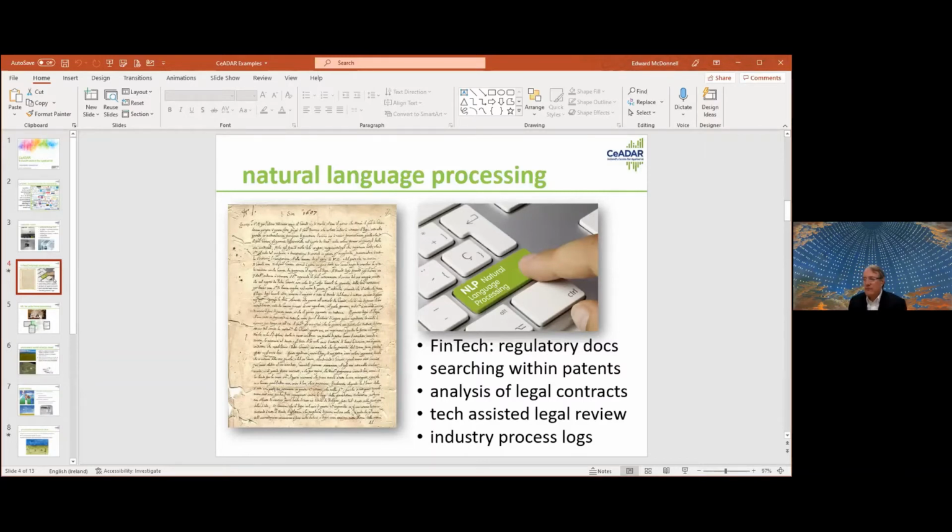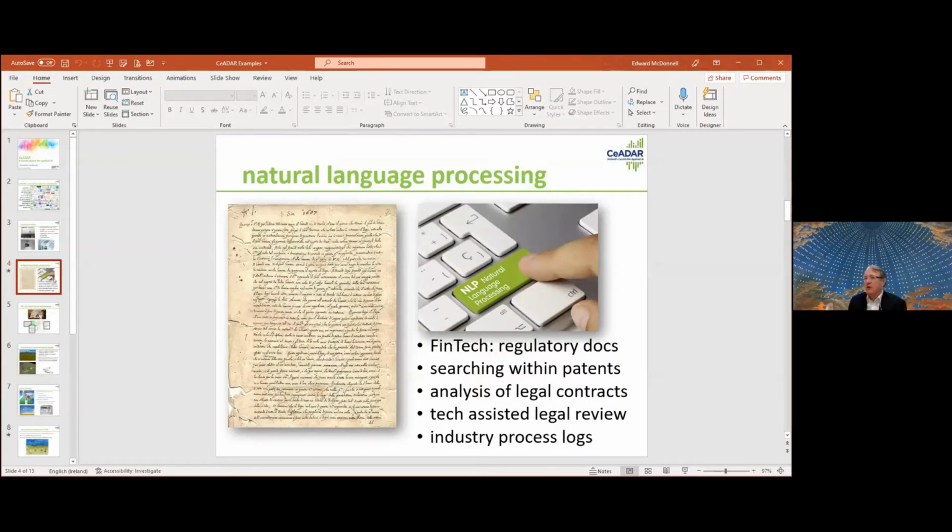Another example that we worked on with a legal company was being able to automatically analyze legal contracts. So looking at a legal contract, the system automatically highlights those parts of the contract which are a little bit unusual compared to any of the other contracts that the system has seen before. So this allows lawyers to very much speed up the processing of contracts and only look at those parts of the contract which are a little bit more unusual.